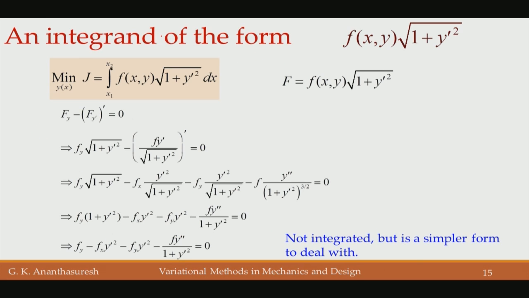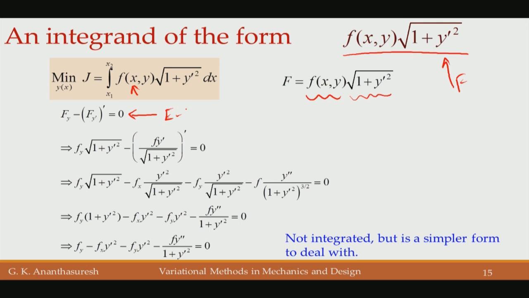Okay. Let us take the fourth form, which is like this: the integrand f has a special form, where y prime appears only like that, and x and y can appear any which way. Already, this is a case where it depends on y and y prime. It can also depend on x, but slightly things change. The first integral is